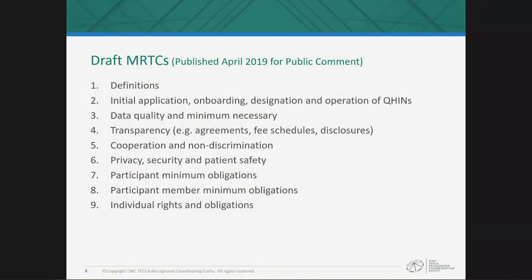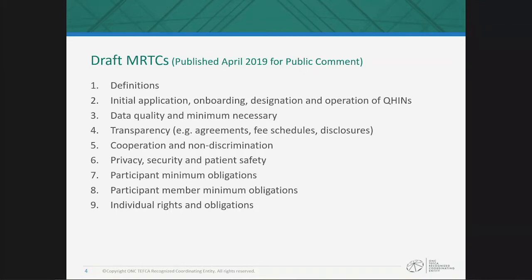And the whole idea here is not to say that this is, in addition to ONC's public comment process, a public comment process. This is really to help inform the development of the common agreement overall, because the minimum required terms and conditions ONC develops and those that we're going to develop in conjunction with you all have to go hand in glove. So to give you a sense of the scope of the terms that were published in April,